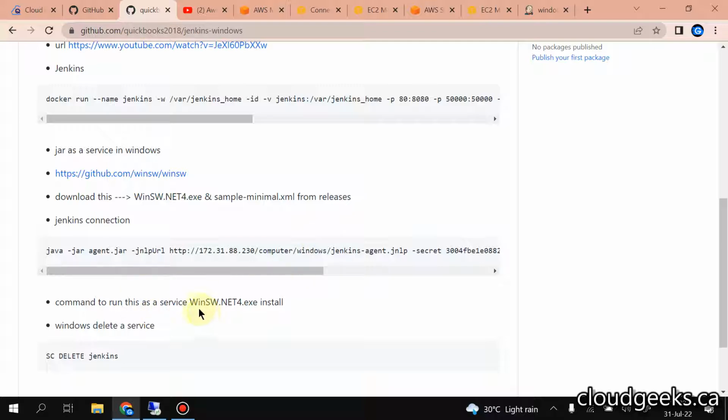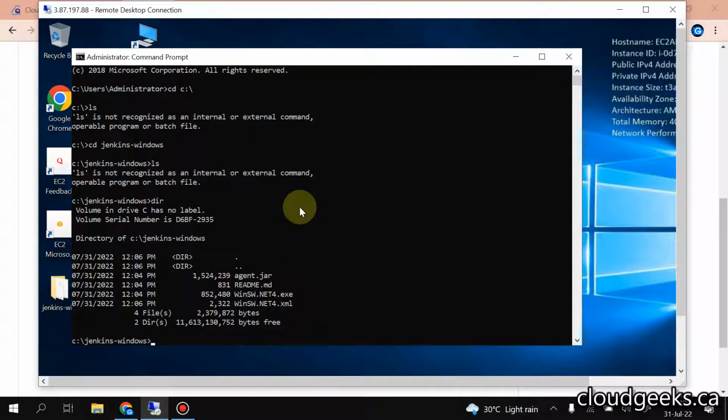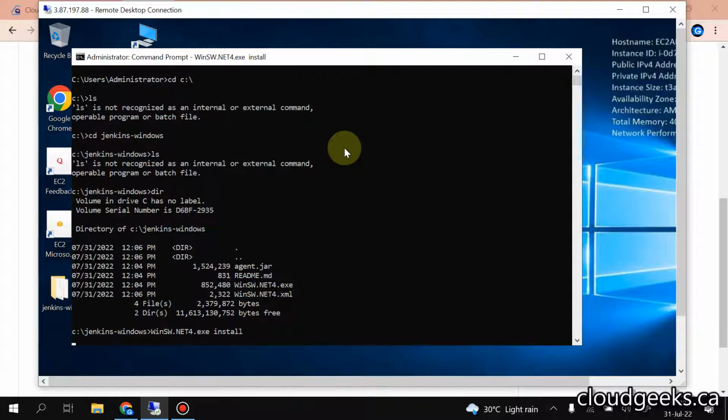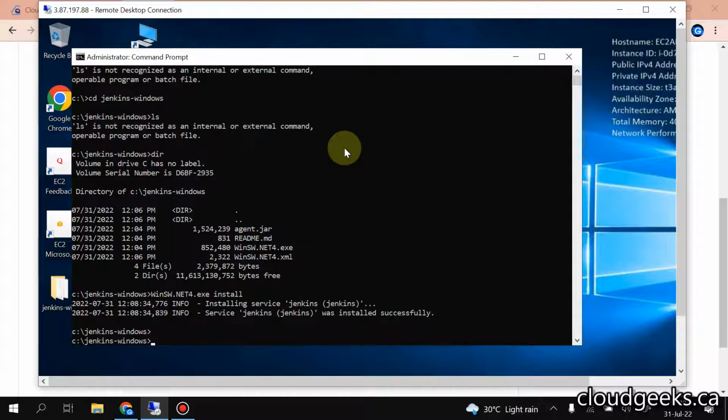So the command to run this is going to be this. I'm going to copy this command and install this as a service. I'm going to paste this command here, and it says it is running, but